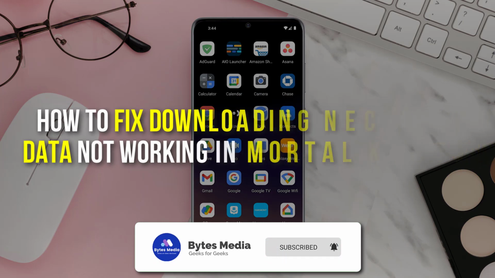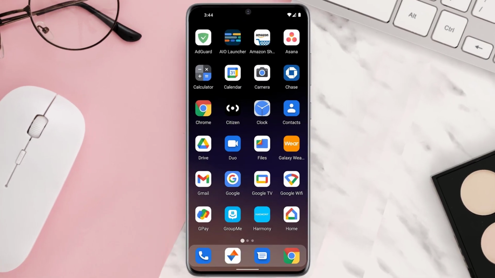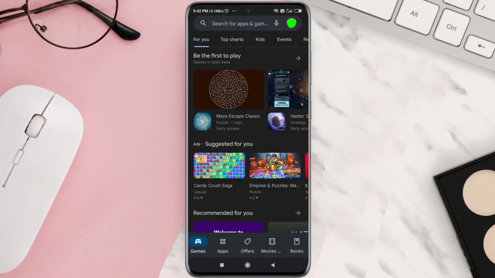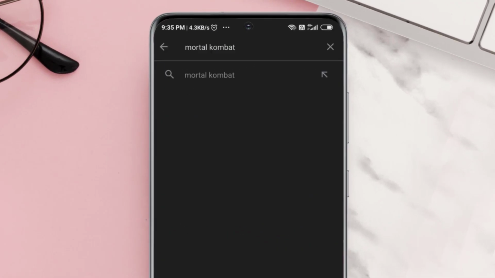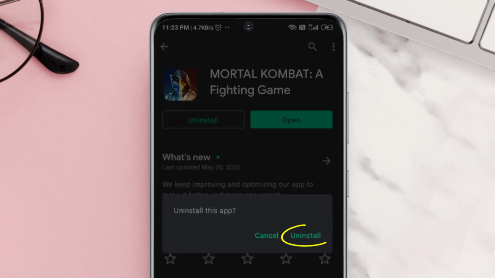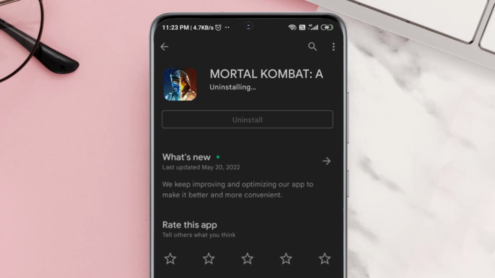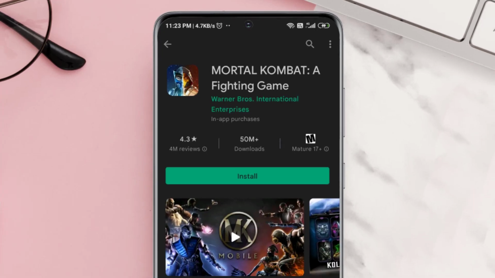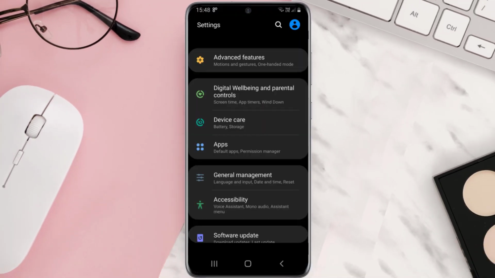in Mortal Kombat Mobile. So first of all, you need to open Play Store app on your device, and then search for this app here. Once you're on this page, simply tap on this uninstall button, and then tap again to confirm. It'll take a bit for processing, and once it's uninstalled, you need to go to your device settings, and then